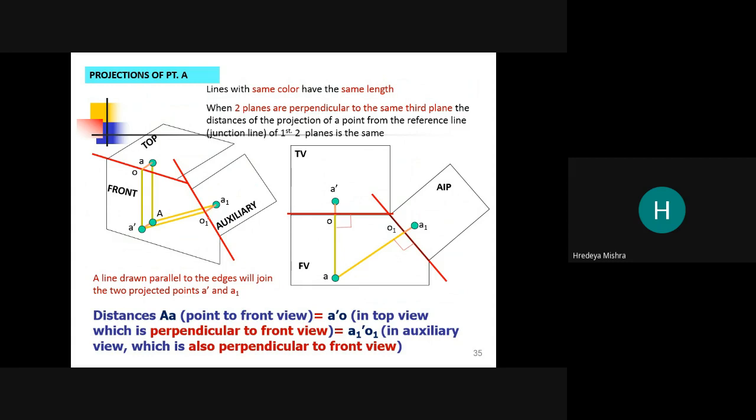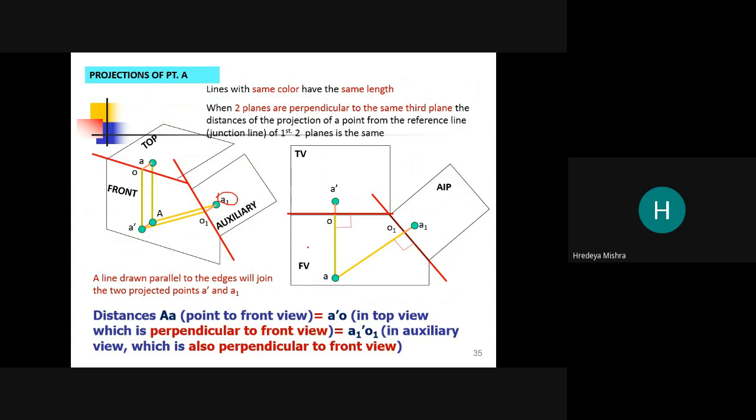So if we want to project this point A in the auxiliary plane, we can just open the sheet. When two planes are perpendicular to the same third plane, the distance of the projection of a point from the reference line, the junction line of the first and second plane, is the same.